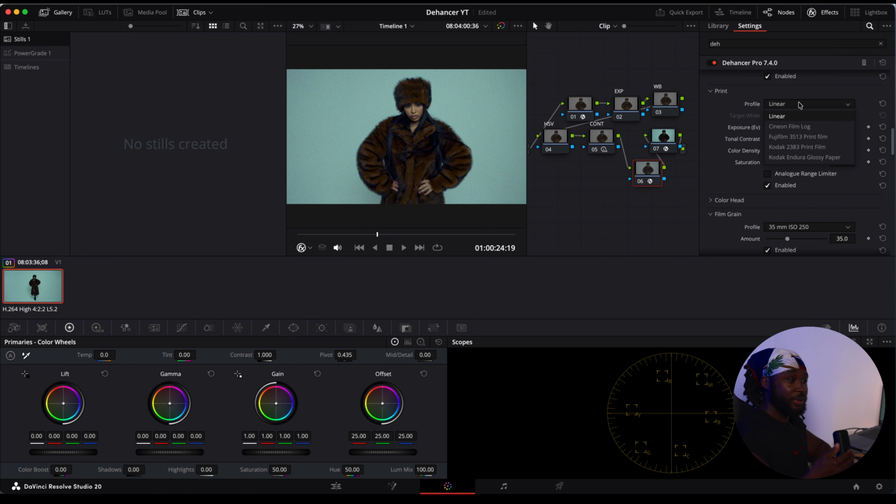This is the paper that they're printed on. So far my favorites have been the Fuji 3513 along with the 23A3 for Kodak. But it just depends on the vibe, honestly. Depends on the lighting, how you're shooting, what you're looking for. So what I like to do is just go through both and see which one fits best. For this one, I think I'm gonna go with the Fuji 3513 just because it's giving me a really good